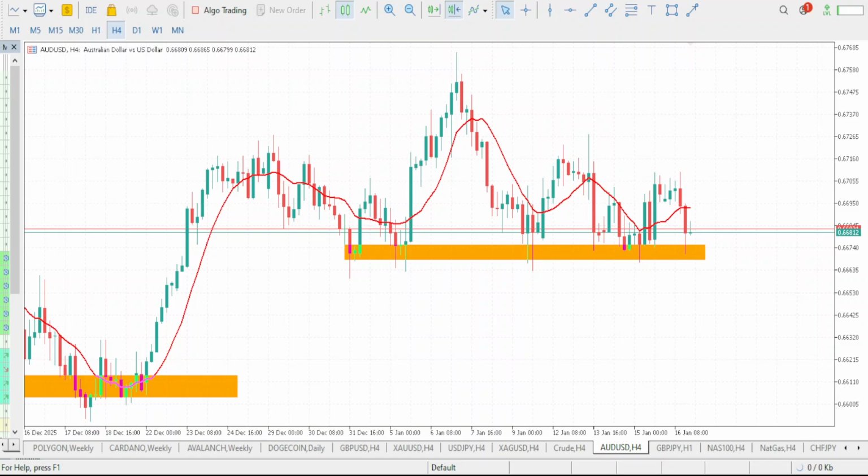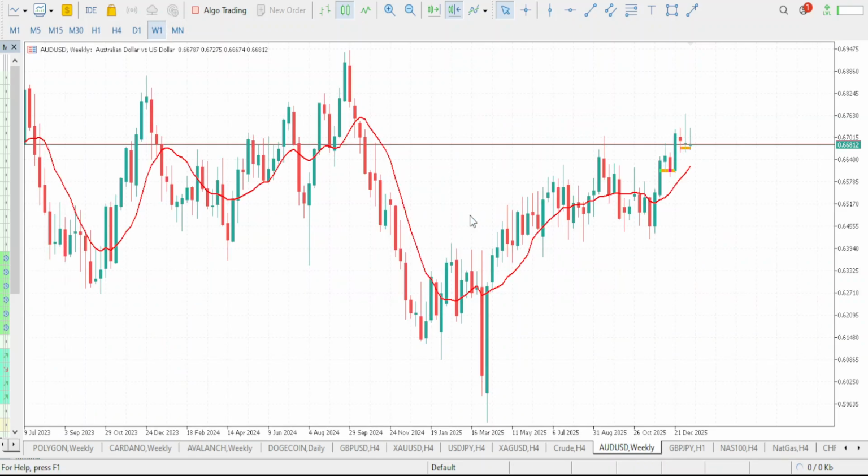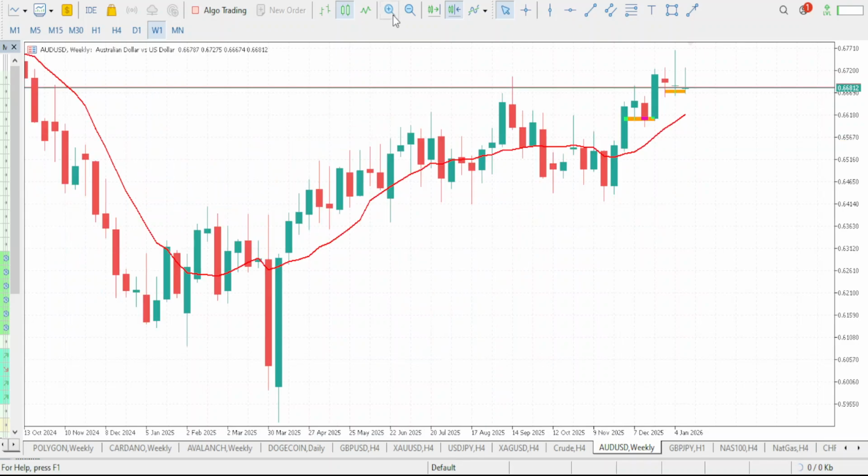Now, if you take a look at this movement, first thing first, we need to go to the higher time frame because we would want to understand what markets will be doing this week on our AUDUSD. First thing first, we would want to know what is the trend. That is the first thing you would want to ask yourself. What is the trend? And you can clearly see that on our AUDUSD, we are in an uptrend move. So market is very clearly in an uptrend move.